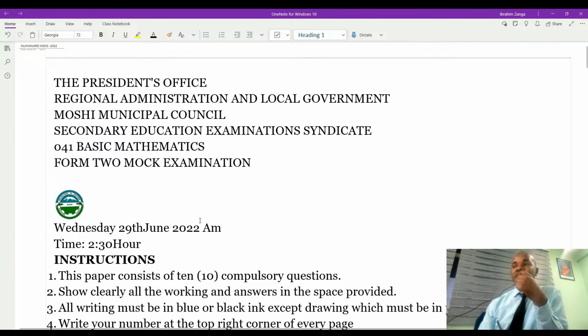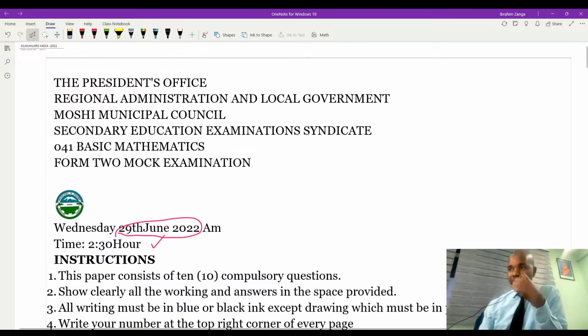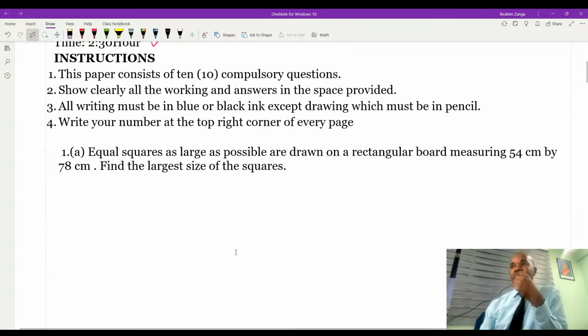Sasa huu ni mtihani ambao ulifanyika June 2022 na duration ilikuwa ni 2 hours. Ni format ile ambayo vijana wa kidato cha pili wanatahiniwa. Kwa hiyo